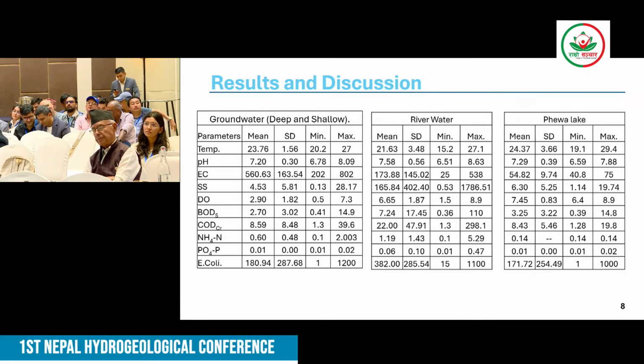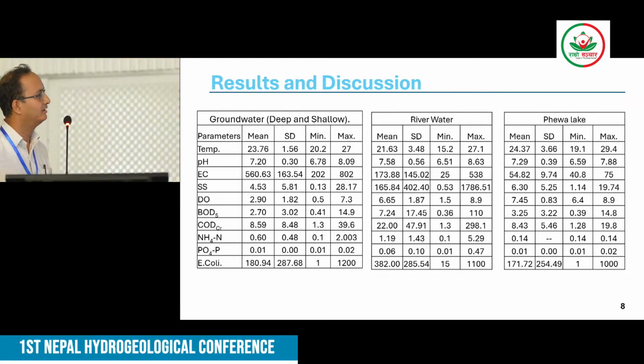So here, mainly I want to focus on, if you see the suspended solids in the rivers, it's very high. You can see this value here. And the BOD and COD are high in the river water and also the lake. And this is a very interesting one, I think, E. coli. You can see here